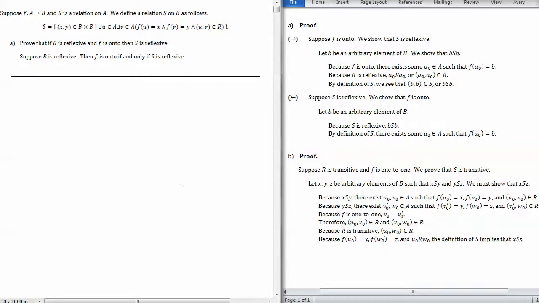Suppose f is a function from A to B, and R is a relation on A. We're going to define a new relation S on the set B in the following way. Okay, so in order to understand what S is, let's go ahead and draw a picture of a set A